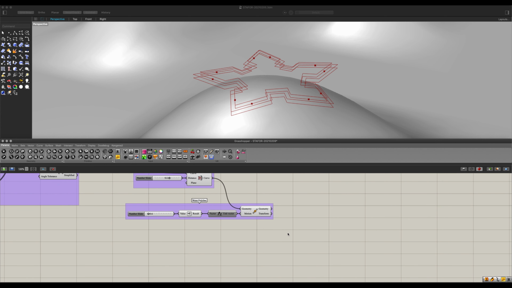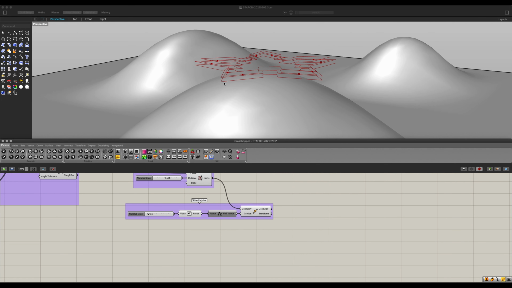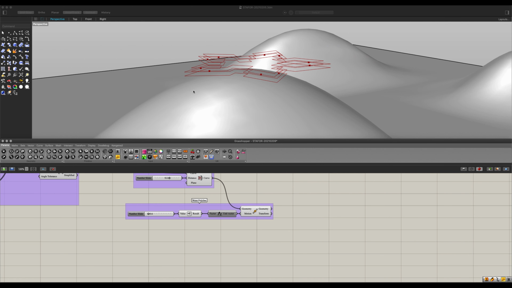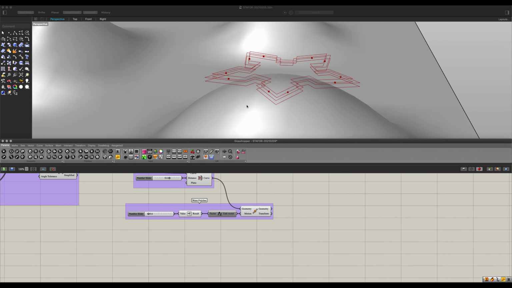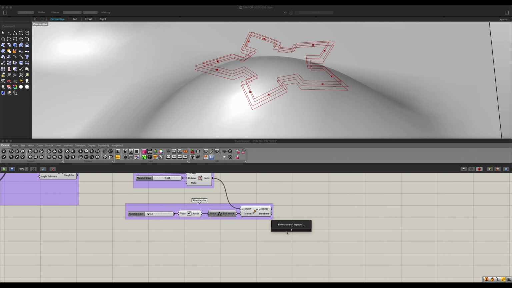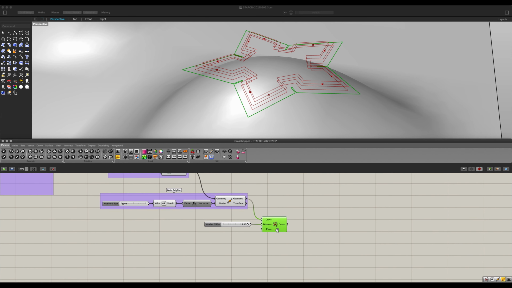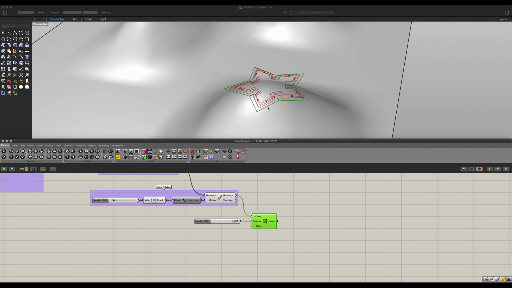Okay, now the next one will be a bit more complex. We want to make our berm polyline, which will be the line that touches and adapts naturally to our terrain. And to do this, we're going to get ourselves another offset curve loose. Place it in there, and now once again get a value of 1.000 there. I'm gonna bring in the distance to here, and now we need to make this line here